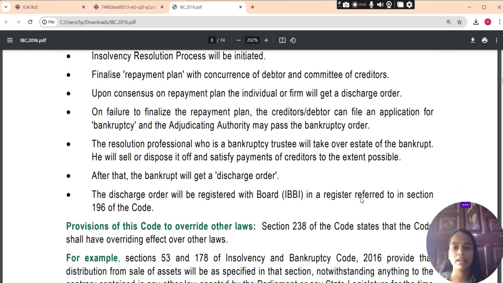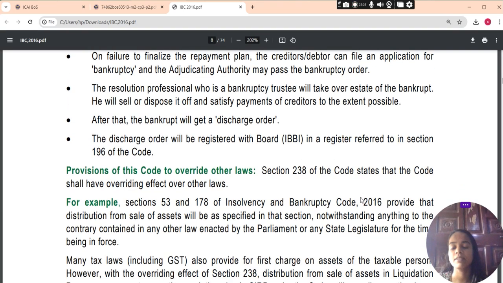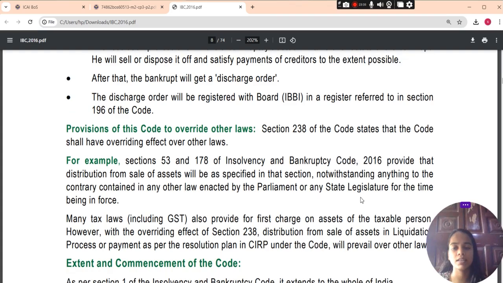On failure to finalize the repayment plan, the creditor or debtor can file an application for bankruptcy, and the adjudicating authority may pass the bankruptcy order. The resolution professional only, who is the bankruptcy trustee, will take over the estate of the bankrupt. He will sell or dispose of it and satisfy the payments of creditors to the extent possible. After that, the bankrupt will get a discharge order. The discharge order will be registered with the board, that is the IBBI, in a register referred to in Section 196